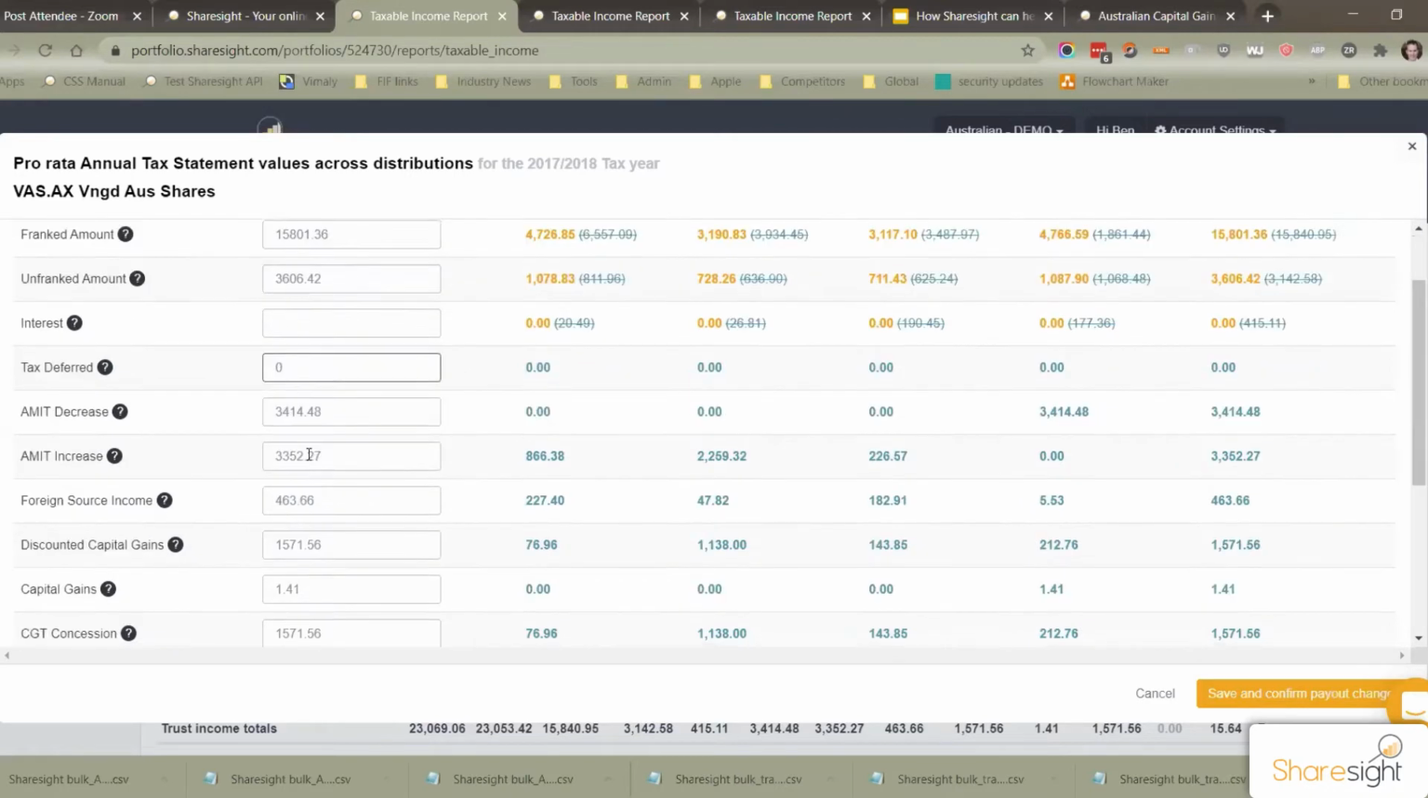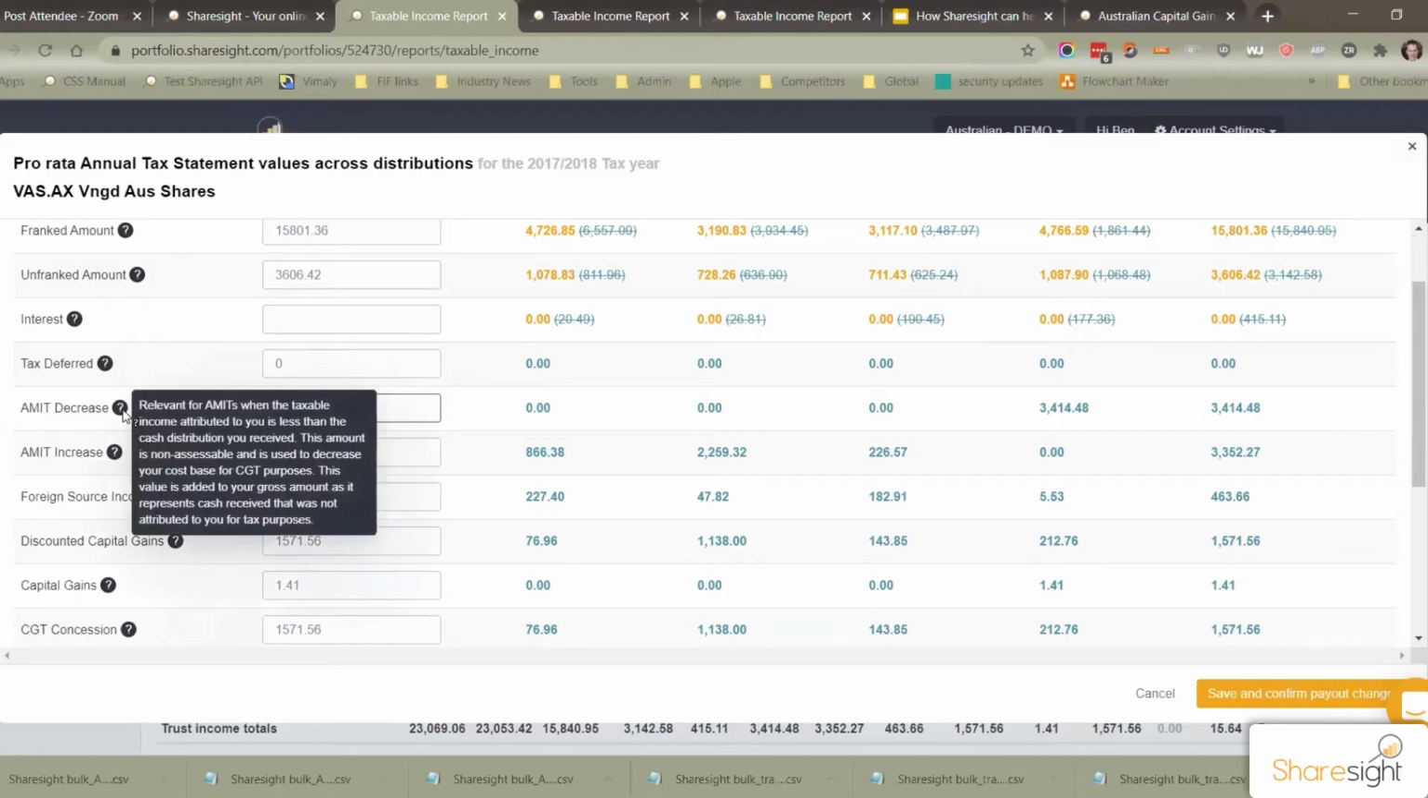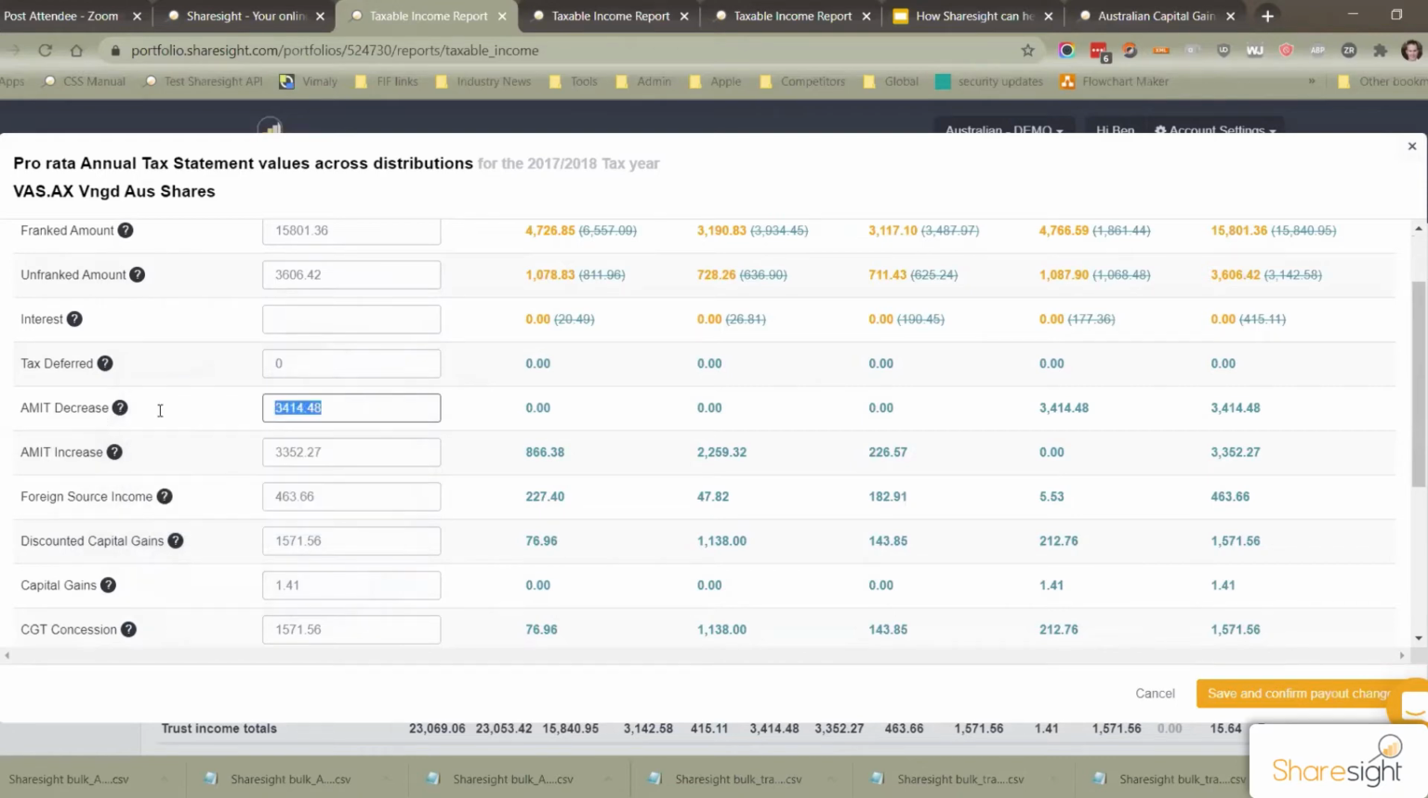Tax deferred, that's blank. Now, AMIT decrease amount. Now this value, actually, I'll read this out because this explains it kind of nicely: relevant for AMITs when the taxable income attributed to you is less than the cash distribution you received. This amount is non-assessable and is used to decrease your cost base for CGT purposes. Now, this value is added to your gross amount as it represents cash received that was not attributed to you for tax purposes. Now, this AMIT decrease amount is often referred to as the